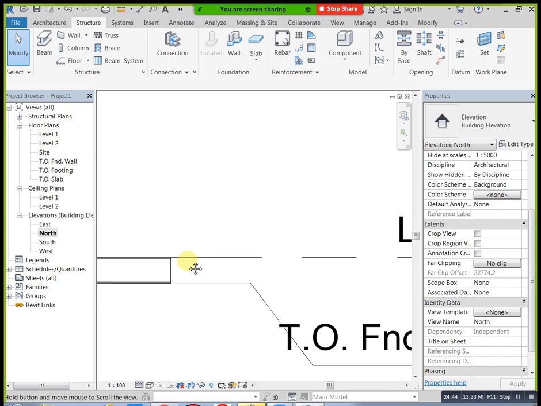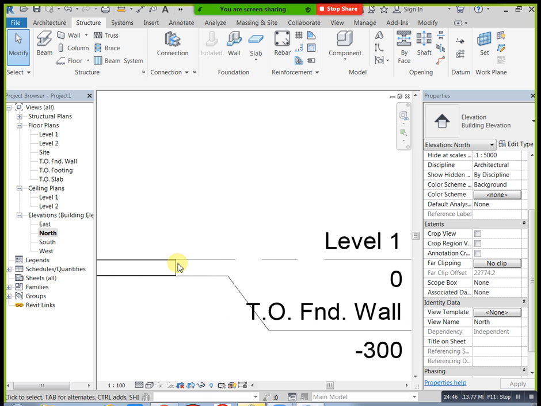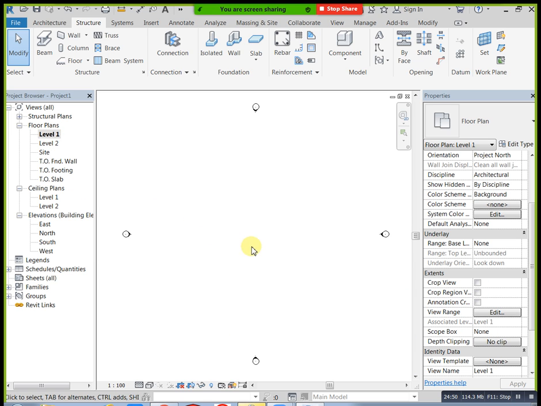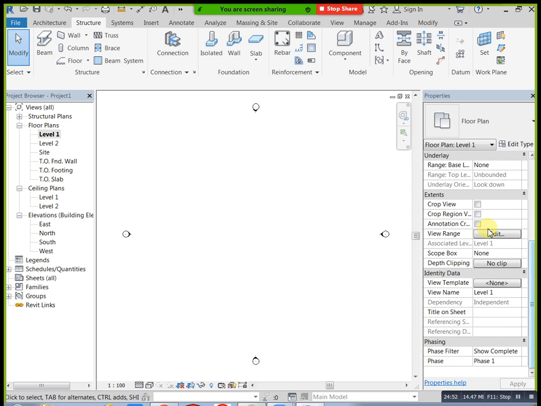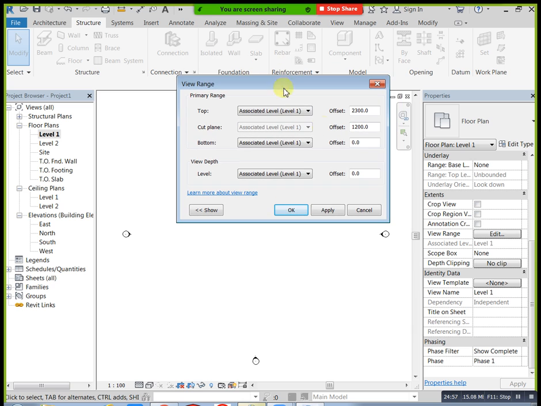Here we have view range. Go to edit. You can mention bottom means below. Now you can mention 1000. Here also, view depth, you can mention -1000. Now you can see everything visible below, like this. With this type of invisibility condition, you can set your view range so that all items are automatically visible.